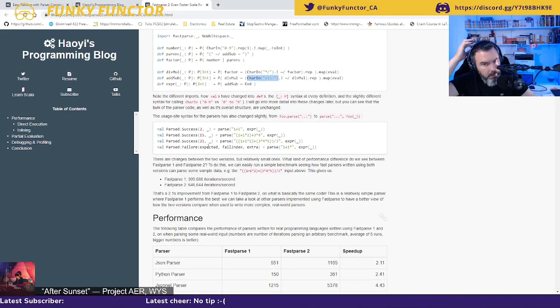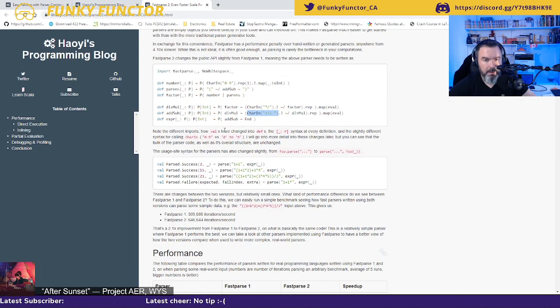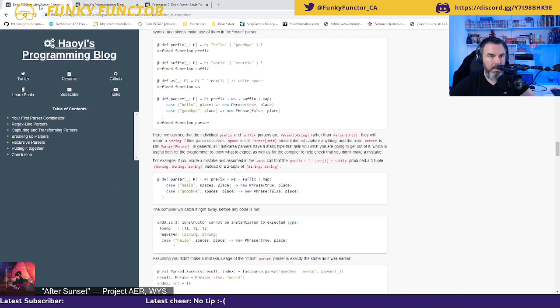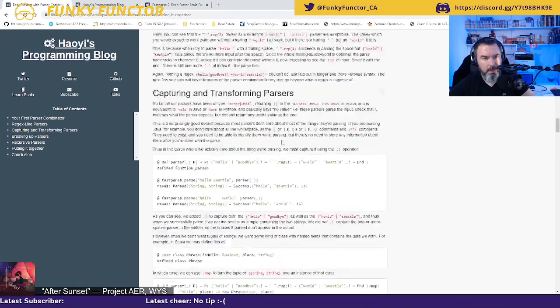So, okay. So fastparse changes the public API from 1. Okay, vals have changed into defs, so we're using methods instead of variables. Is the reference implementation in the building a language thing? You mean this one? No, hang on. Is it the one?